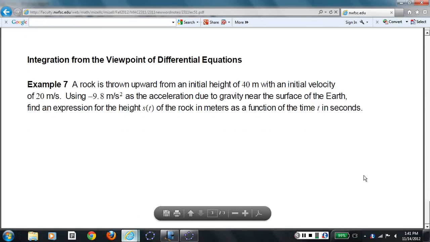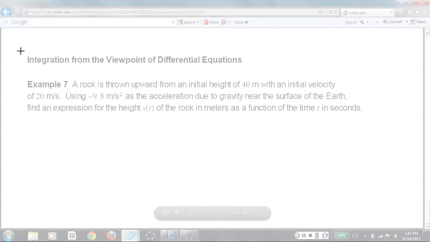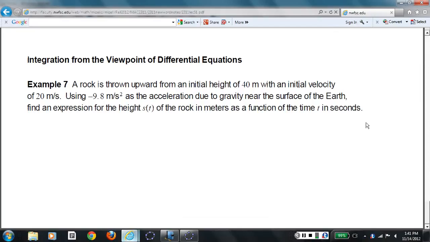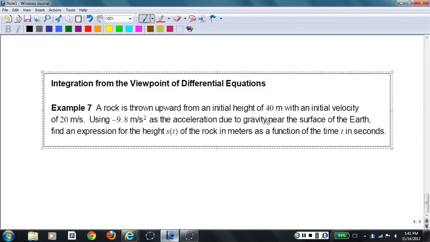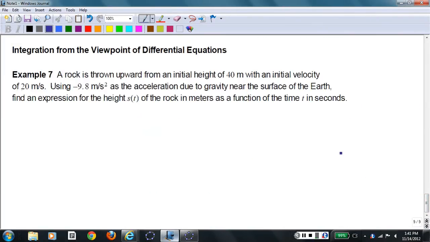And let's see if we can do this projectile motion problem where I actually use meters instead of feet. Okay, here goes. A rock is thrown upward from an initial height of 40 meters with an initial velocity of 20 meters per second, using negative 9.8 meters per second squared as the acceleration due to gravity near the surface of the Earth. Find an expression for the height, S of t, of the rock in meters as a function of